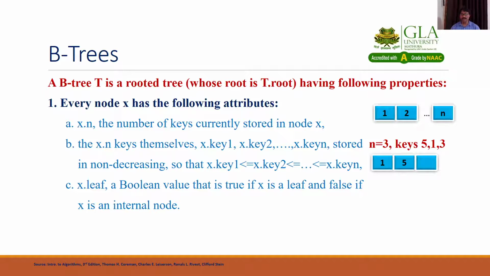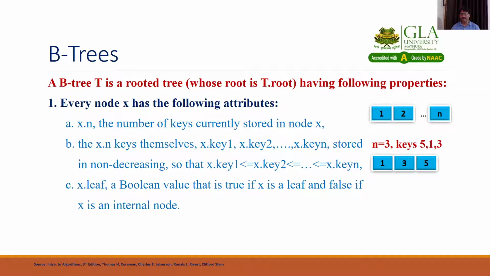Now we talk about the 3. What do we have to do? Again we start by comparing 3 with 1. Okay, 3 is greater than 1, so it will come after the 1. Again there is another element 5, so we cannot overwrite 5. First we check whether 3 is greater than or equal to 5 or less. 3 is less than 5, so again we have to shift the 5. Then we will have 1, 3, 5. So the meaning of property 1b is that you have to arrange the keys in increasing order. You cannot take them randomly.